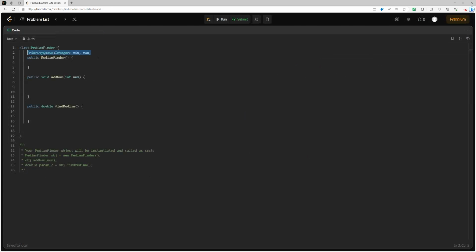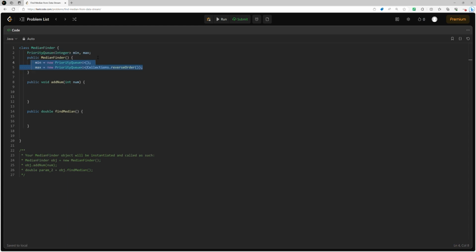First, we will declare our 2 priority queues, minimum and max priority queue, and in the constructor we will just initialize them. As you can see, the default is actually the minimum priority queue, and if we want the maximum priority queue, we can just declare the collection reverse order. Next, for the addNum, basically our default place for inserting an element will be the maximum priority queue, and then we will do the rebalancing